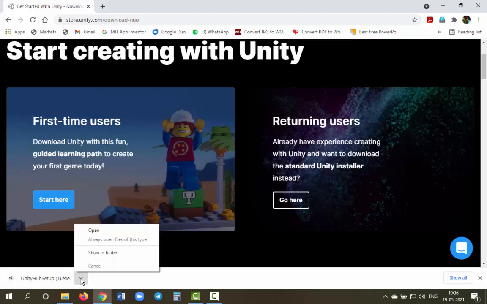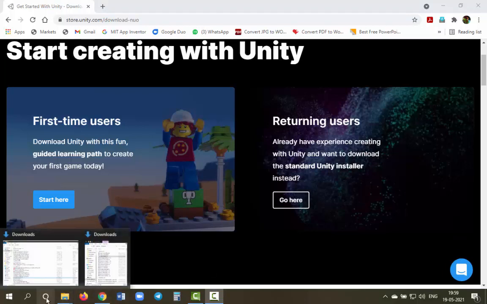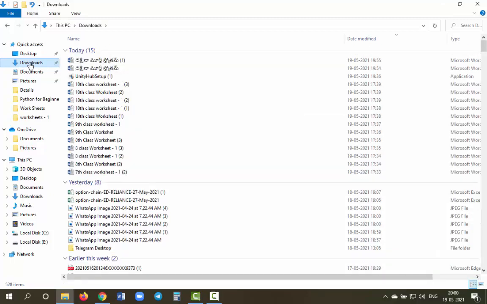Okay, if you click on this arrow, then it will display a box like this. In this box you may choose this option or this option. If you choose this option, it will show that folder where it was downloaded. Or if you want to see that file, go to this folder. See here, this yellow color folder is here in the status bar. You may find it in the status bar. If you click on here, then it will display a folder like this. In this folder, if you click on here, the downloads option is there.